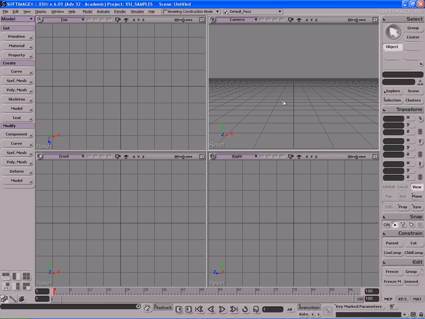Alright, welcome back. Now what we're going to do is I'm just going to take you through a brief overview and show you the different interface elements that we're going to be using for working with rendering in Mental Ray. And I'm going to go ahead and show you that real quick. Alright, before we can get working here, what we need to do is become acquainted with the elements of the interface that we're going to be using, the different tools that we're going to be using to go ahead and get